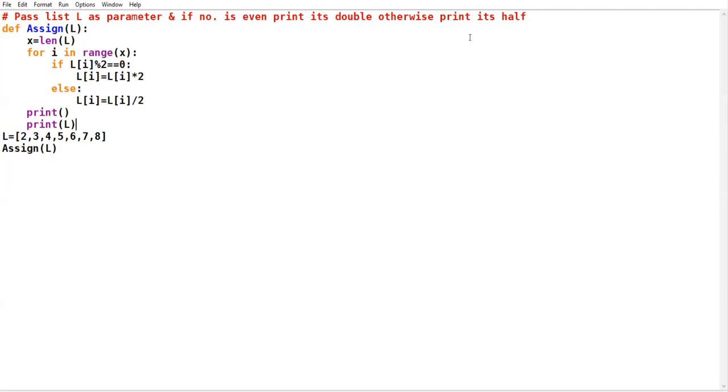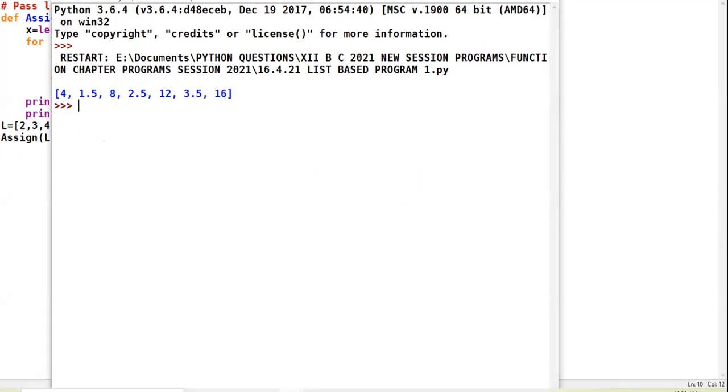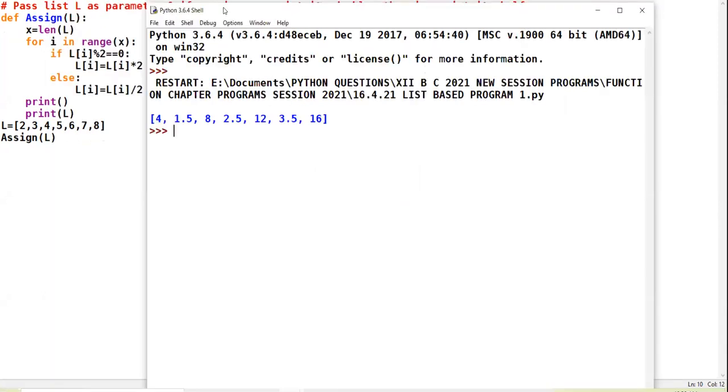So let us run this code. See, this is the new list. All the even elements have been doubled and all the odd elements have been displayed as their half.